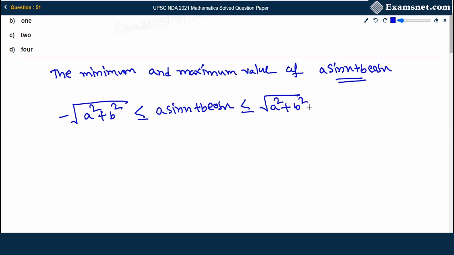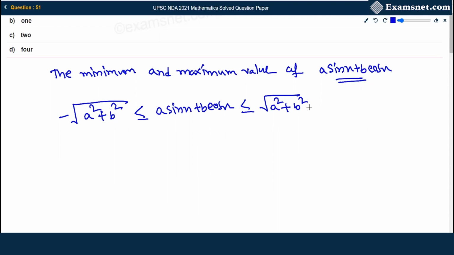So from here we can conclude that the minimum value of A sin x plus B cos x is minus root under A square plus B square, and the maximum value is root under A square plus B square. We are going to use this concept in this